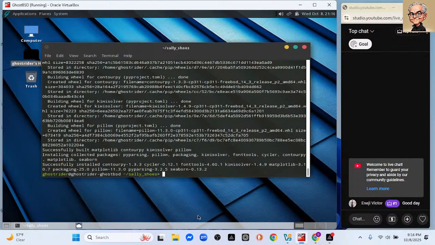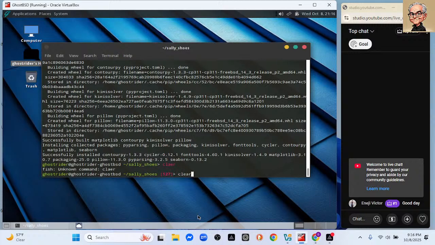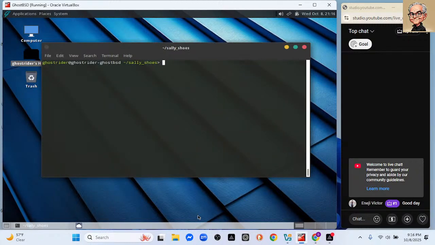So this is good news. Pandas, NumPy, matplotlib, and Seaborn are installed. So next,